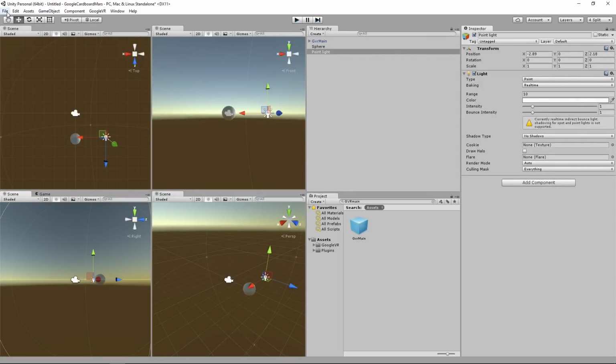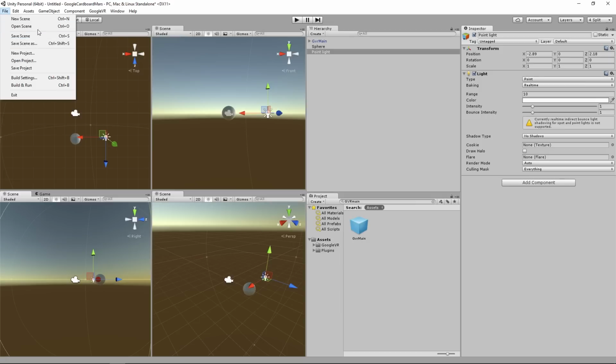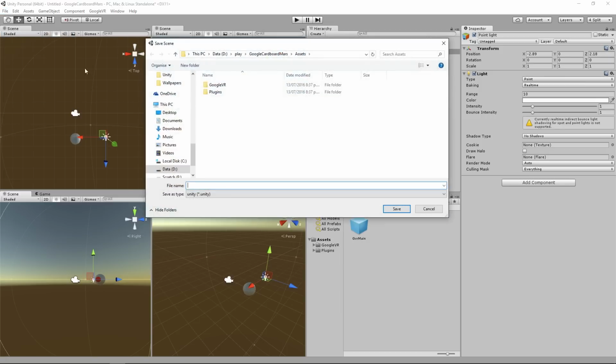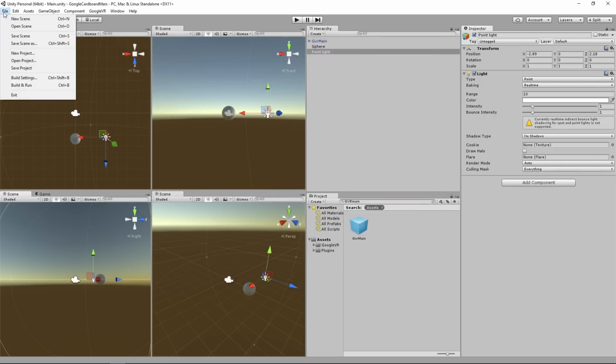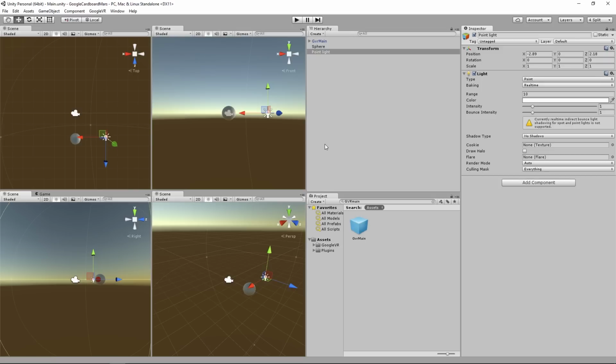Let's just save the scene, and we're going to call the scene main, and we will also save the project. All right. So what we're actually going to do is create ourselves a space scene, and we're